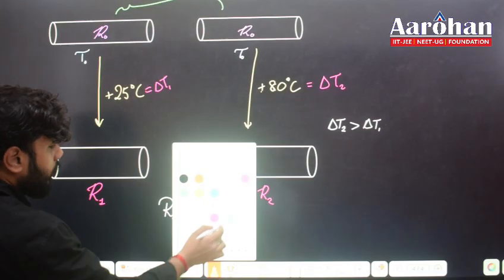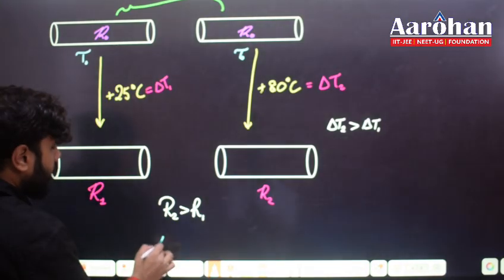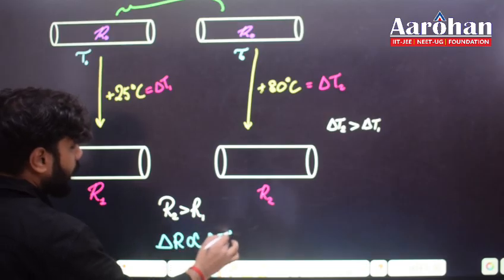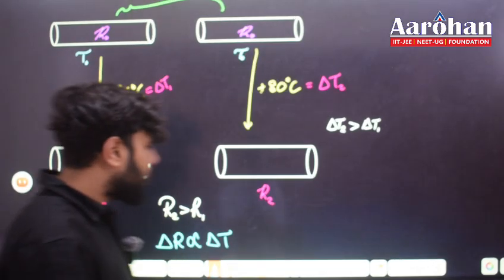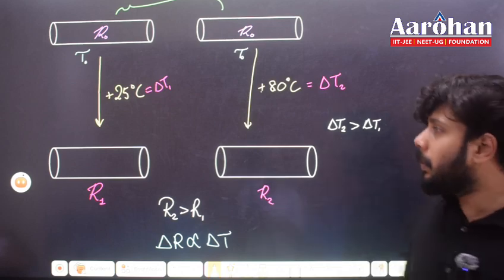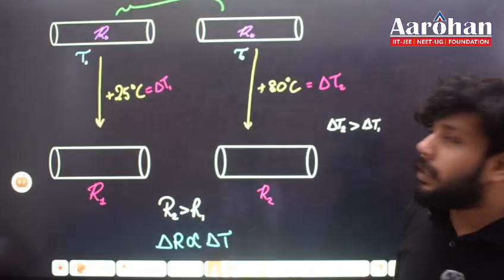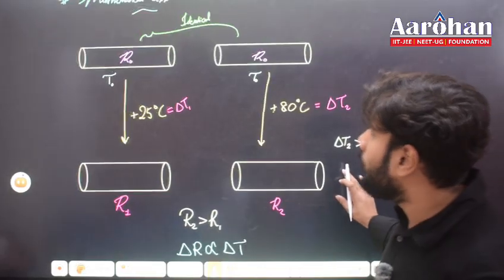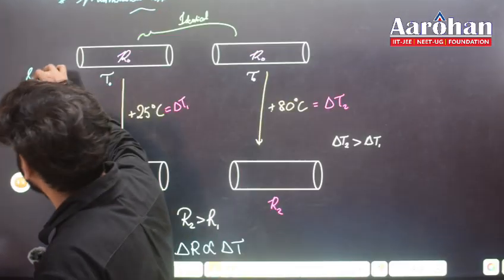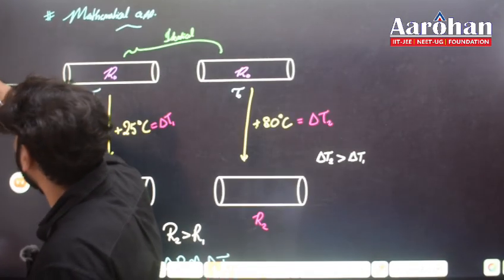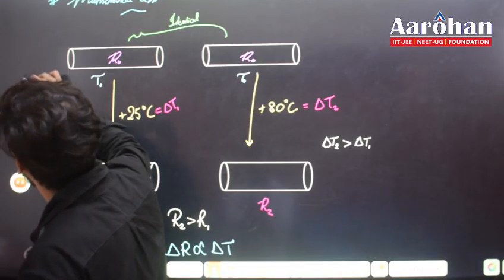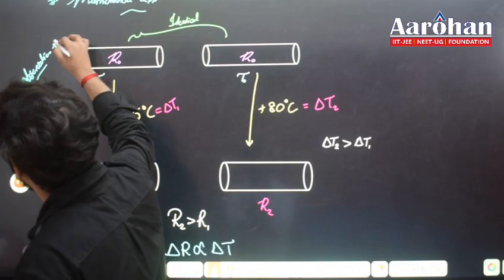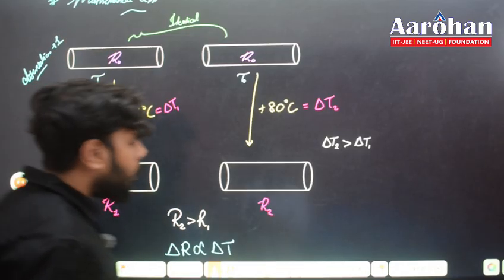So from there we can say that change in resistance is directly proportional to change in temperature. If the change in temperature is more, then the change in resistance will be more. Means if you drop the temperature, it can decrease also, but it is directly proportional to the change in temperature. Again, this is experimental, this is the observation we have made. Observation 1. Second observation was